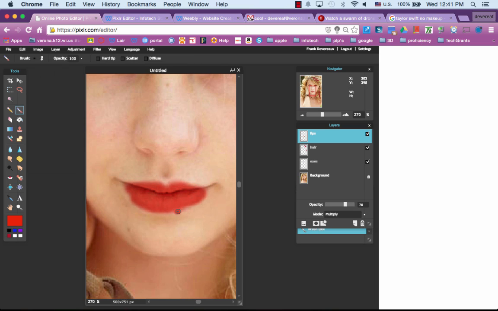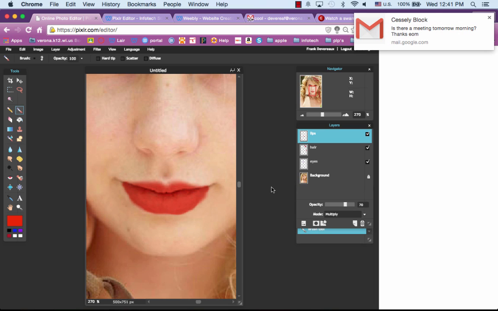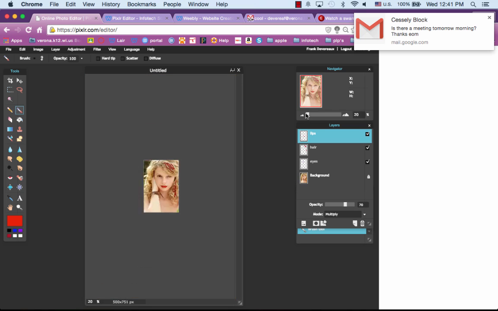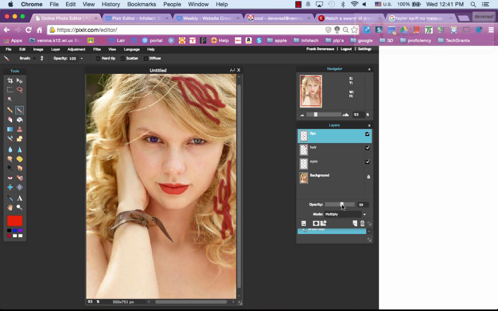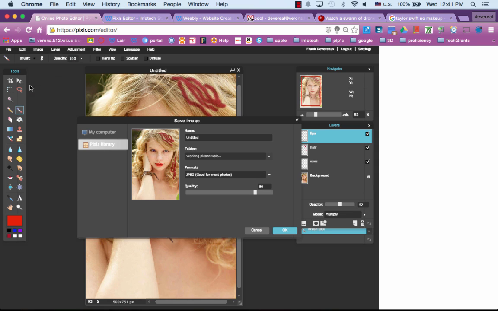And then we can paint her lips like that. And like that. And then when we zoom out, we may want to change the opacity down to 50% like such. And now we can save that as a layered image,